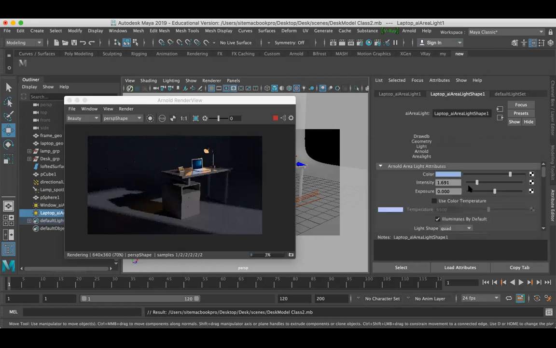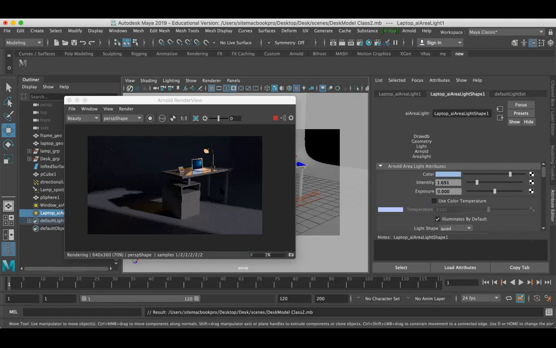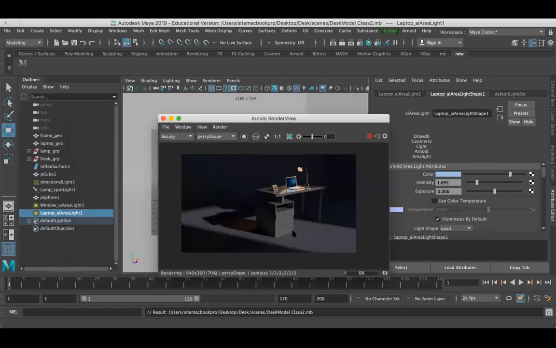The light is emitted over here. Yeah, so this is good. It looks like the light is emitting from the screen. So we can make some more tricks with the texture, but I'll wait for you